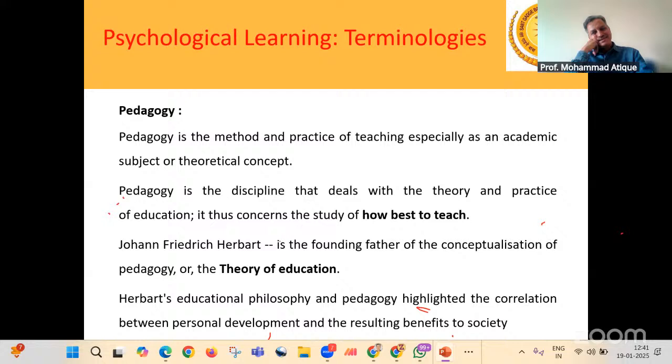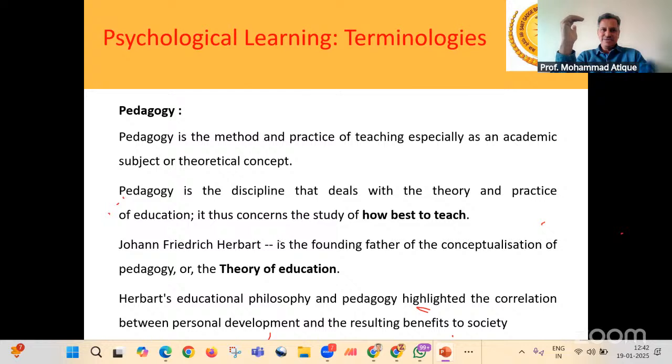Anybody? Actually, my intention is that we must have a dialogue, right? Why am I emphasizing this? Maybe the third or the fourth slide will clear that particular thing, right? So whenever we claim that teaching is taking place, meaning thereby there is a dialogue. It should not be a monologue kind of activity, right?